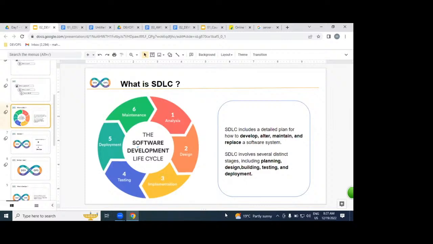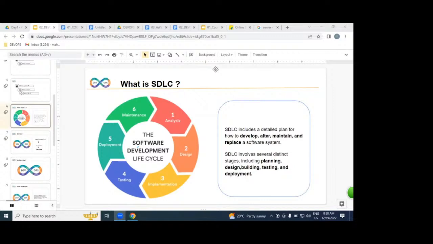If you don't know, say no, I don't know. Who knows, who doesn't? If you reply, I can explain more about this. Somebody knows, somebody doesn't, but let us discuss it. What is SDLC, guys?